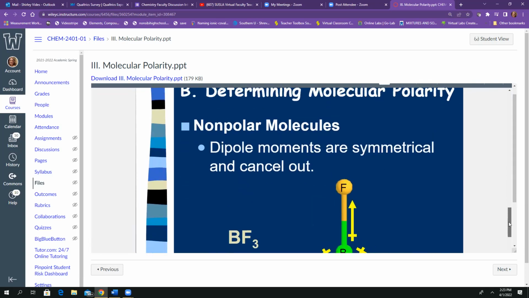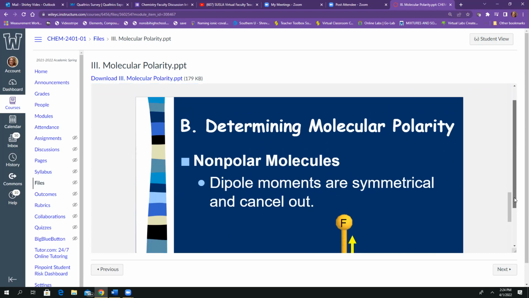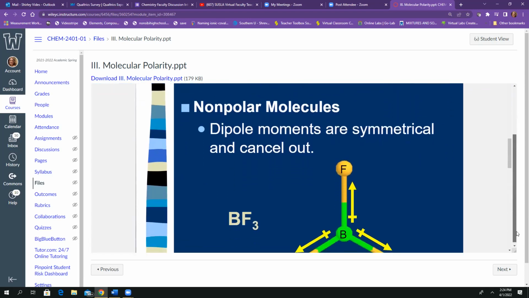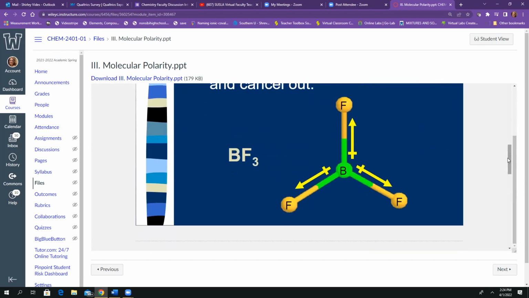Okay, so when you have a non-polar molecule, you will have symmetrical molecules in their shape, and they usually are. So are the dipoles. The dipoles are very symmetrical and they will cancel out. Now look at boron trifluoride over here. Boron is less electronegative than fluorine. Therefore, the electrons would be pulled closer to fluorine in all directions. But remember,